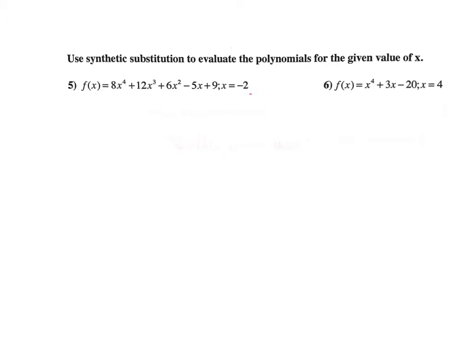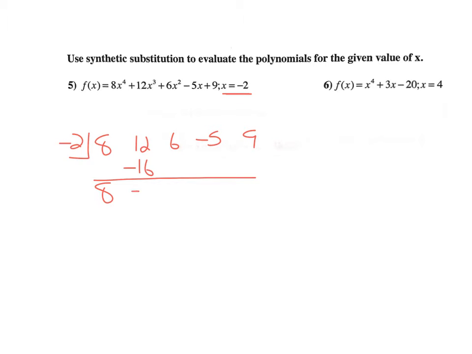This part says use synthetic substitution to find the value. If it's just substitution, they tell you what to plug in, the negative 2, that's what goes in your box. Just put negative 2 in there. Write your coefficients. Be careful when you write your coefficients. Make sure you don't need any zeros up there. Bring the first number down. Every time you bring a number down, multiply by what's in the